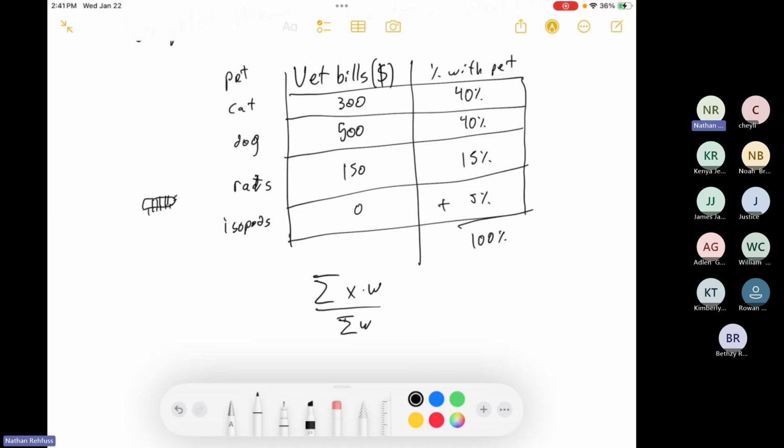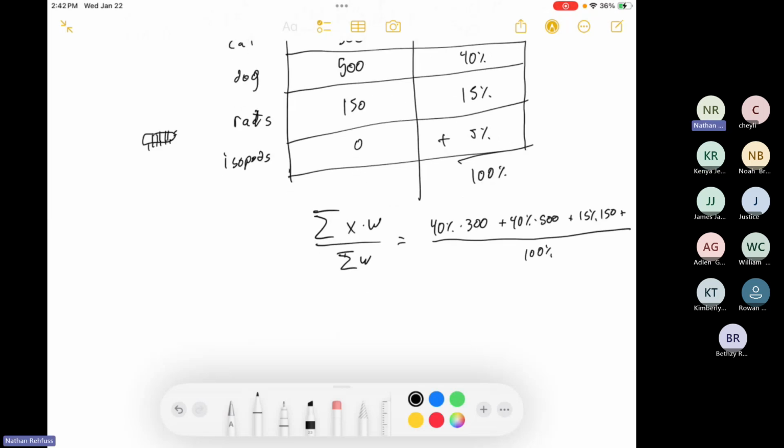So I got a whole population of people with pets. What we're going to do is say there's a 40% chance that you have $300 in bills. There's a 40% chance that you have $500 in bills. There's a 15% chance that you have $150 in bills, and so on. The last one would be 5% of 0. I don't have room. And we'll divide that by 100%. So 40% of 300 is 120. 40% of 500 is, I should know that, 200. And 15% of 150,